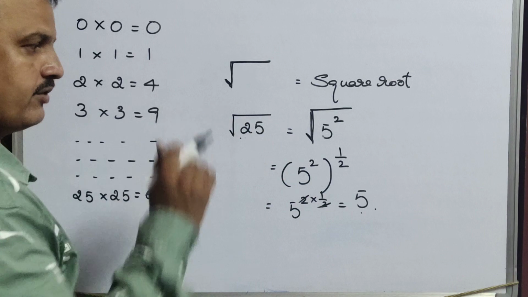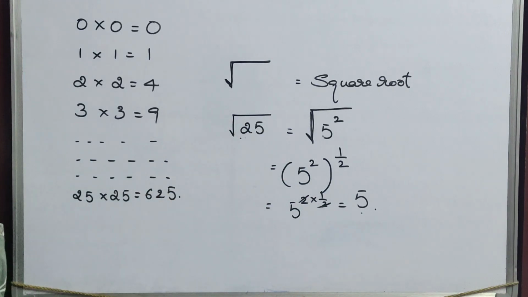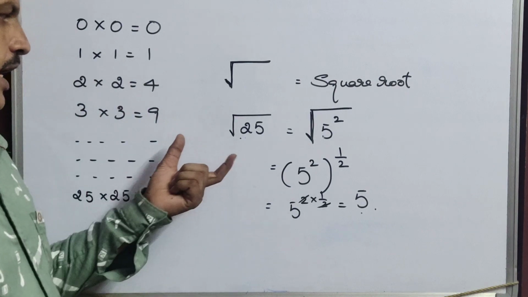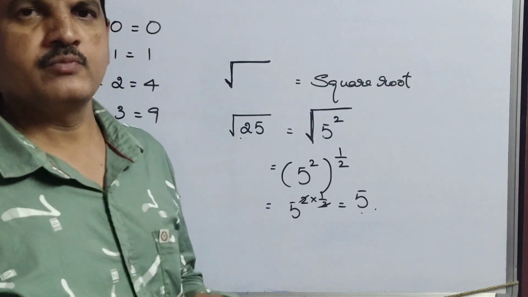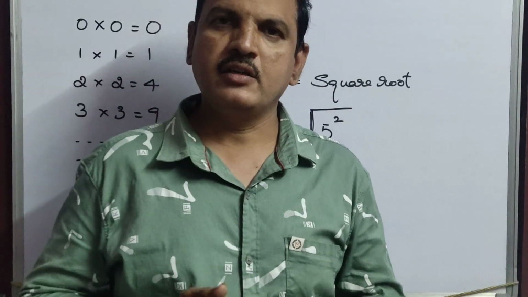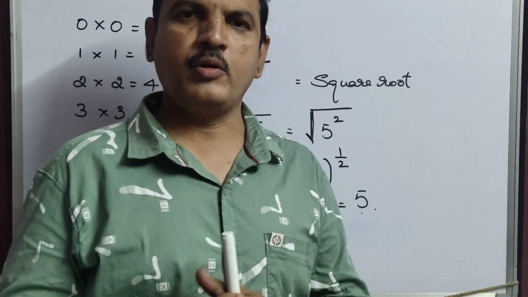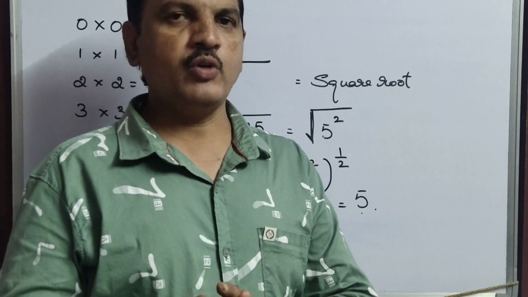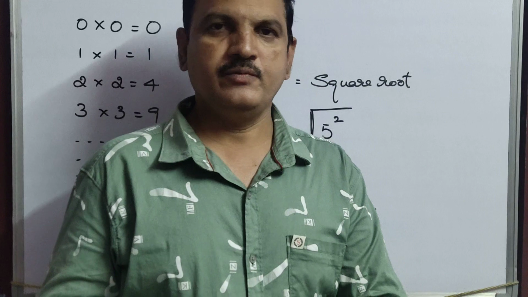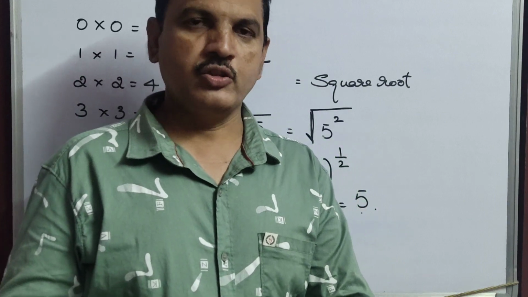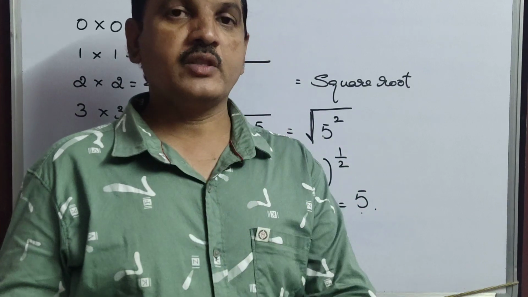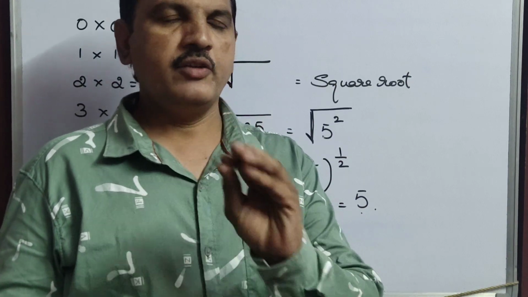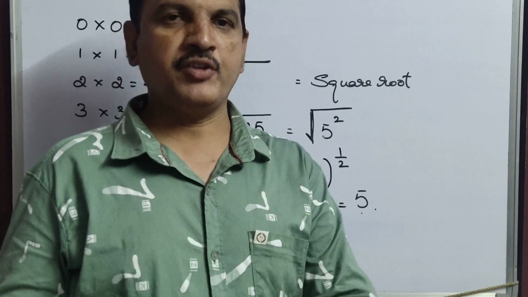Like that, we can find it for every number. But there are certain rules to find square roots. I am telling you, children, up to 2 digits like 10 tens are 100 also is no problem. 9 nines are 81, 10 tens are 100. Up to 9 nines are 81, we can find very easily. I will tell you how to find that also. If there are 3 digit numbers, there is a different rule.